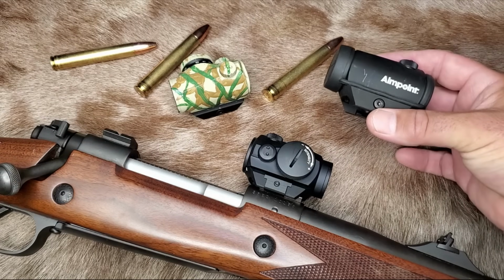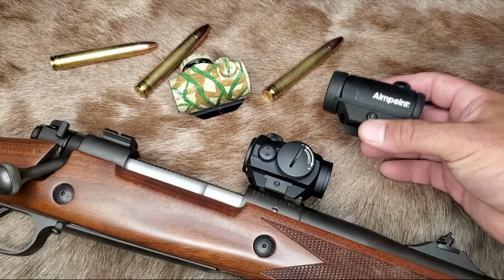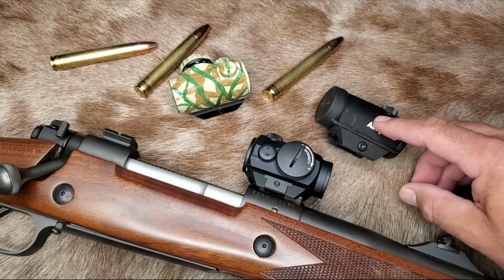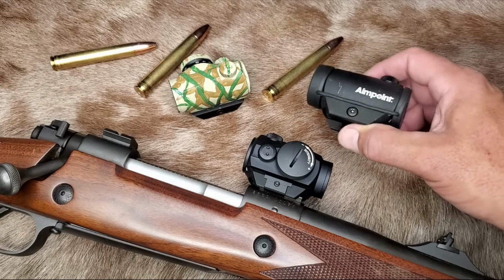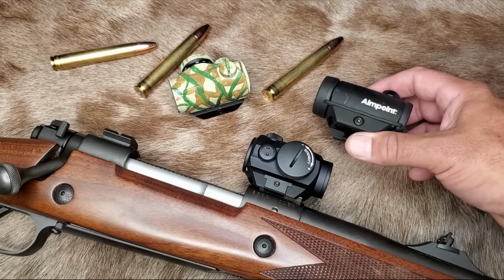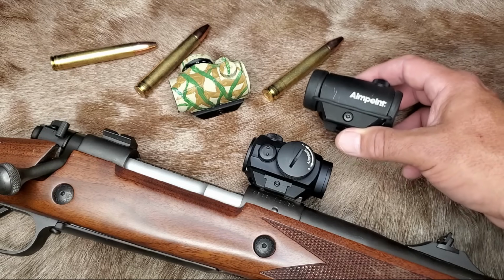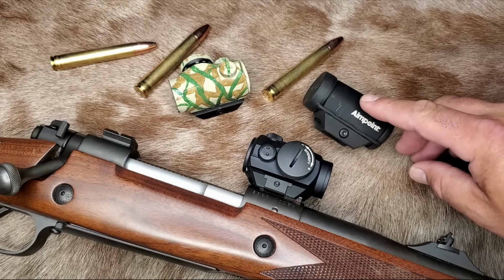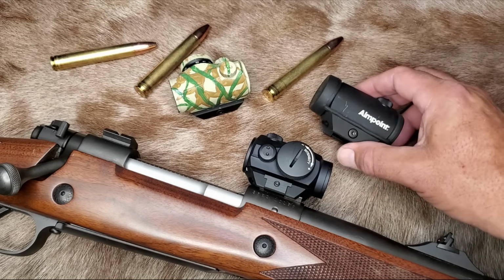The Aimpoint Micro, whether it's the H or T model or the 1 or 2 model, is probably the most robust sight you could ever put on a gun. And I've just never seen one of these fail. And I own 11 of these. And I've been to numerous shooting schools where the entire class was using Aimpoint Micros. And I've even seen these on machine guns, 500 Nitro Express guns, and